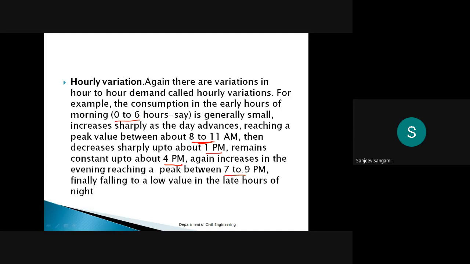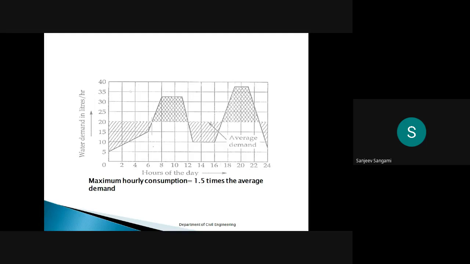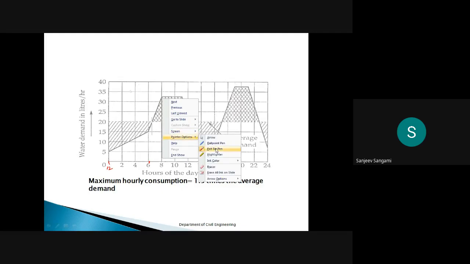So finally it is falling low, at the rate of hours in the night. At night, nobody will use it. So this is how things are going to happen. You can see here from 0 to 6, the 0 you can assume that it is very less, at 12 o'clock night. Then 6 to 8 it is slowly increasing, and from 8 it is normally at peak. Then from 12 to 16, like 4 o'clock, it is very less, then again it will be increased. This is the daily variation chart of the demands.